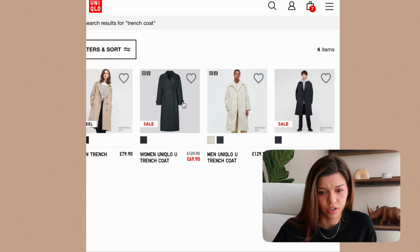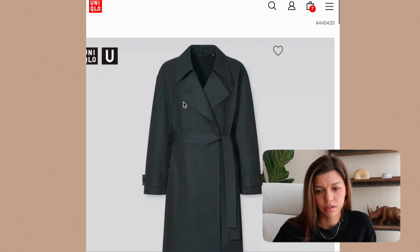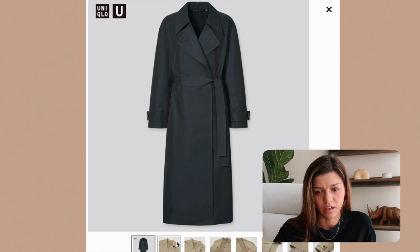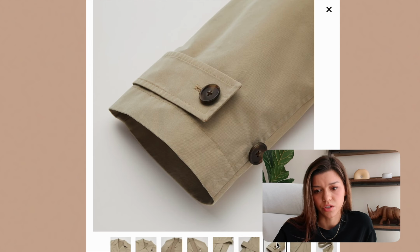Let me check any trench coat in Uniqlo. Okay, yes, actually they do. Well priced, though you still have to see the quality. Cotton and polyester lining in dark gray, navy, and beige. So this is a bit more classy in my opinion. It's easier to suit different types of moods depending on what you wear it with, because a trench coat you can wear with a nice